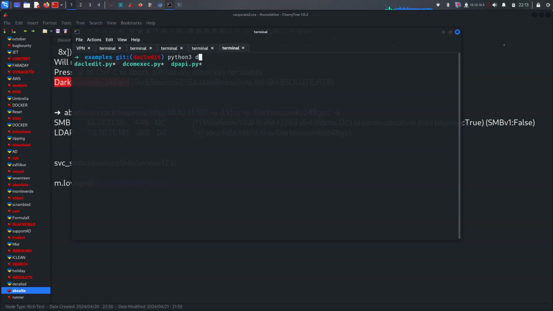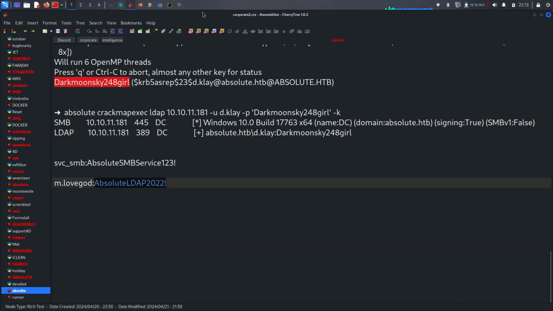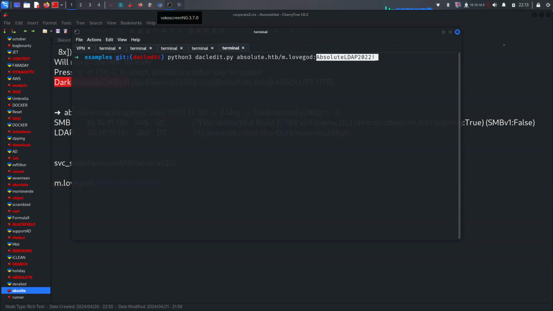Python 3 declared that Python, right? So then we have to say absolute.htb and m.lovegod. And we just have to give here, I think, this password and -k, -target-dn, dc